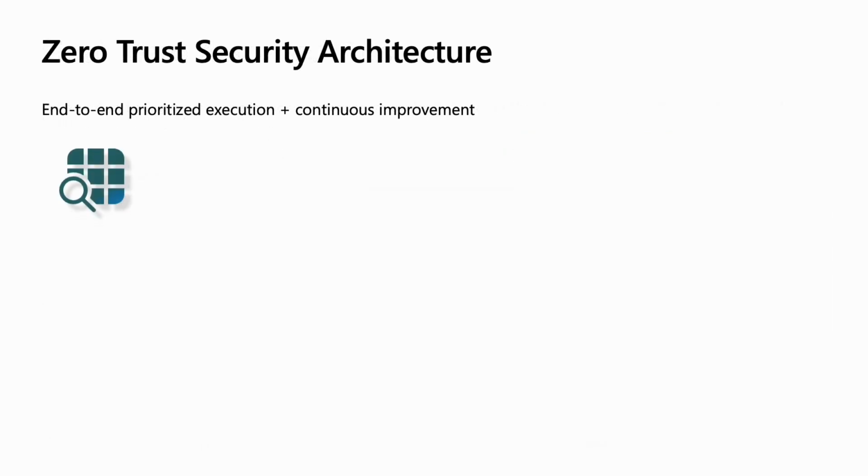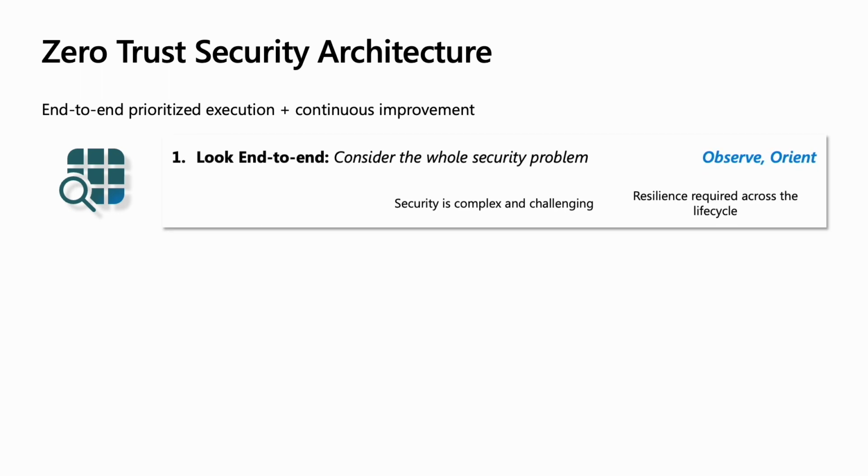So as we take a look at overall zero trust architecture and how we think about this, number one, look end to end. You have to look at the whole problem. If you're just looking at identity, if you're just looking at networking, if you're just looking at prevention, if you're just looking at security operations, you're just looking at governance, all of those are valid perspectives. But if you're only looking at one or two dimensions of it, you're ignoring the rest of it, then the attackers are going to be going in the shadows where you're not paying attention. So it's really important to look at the whole problem, as big and ugly as it is.